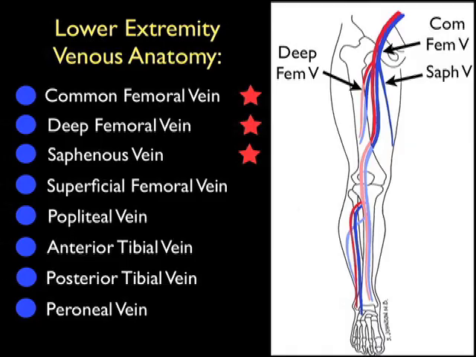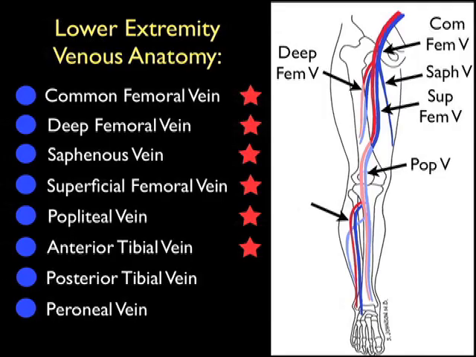Now it's important to realize that the superficial femoral vein is the vein that actually continues down the leg to become the popliteal vein behind the knee. And we note the superficial femoral vein coursing down the leg and accompanied by the paired superficial femoral artery. Behind the knee, that superficial femoral vein will become the popliteal vein, and we see the adjacent popliteal artery. Now, at the level of trifurcation, the popliteal vein will become 3 different calf veins, and we note here the